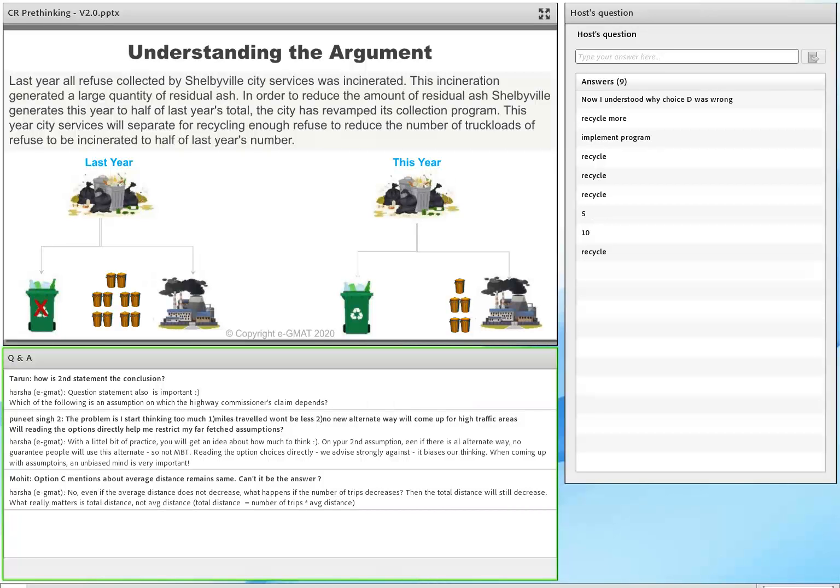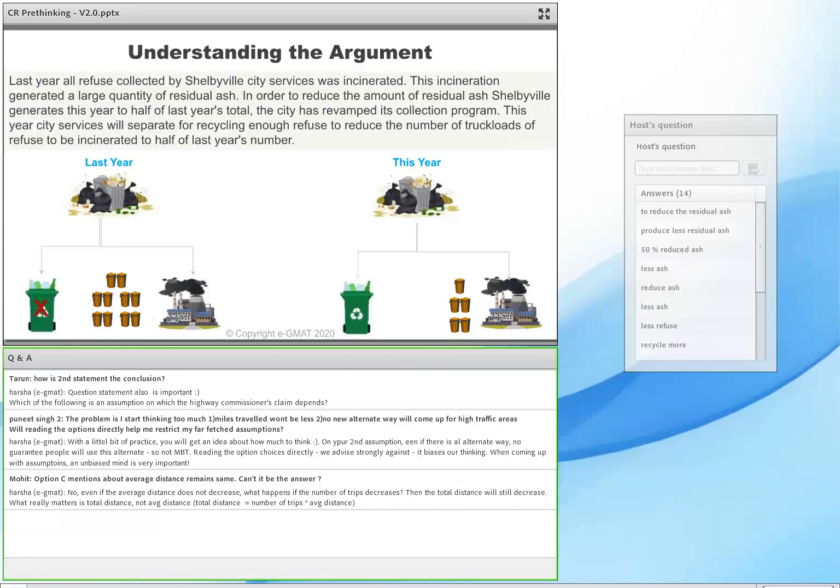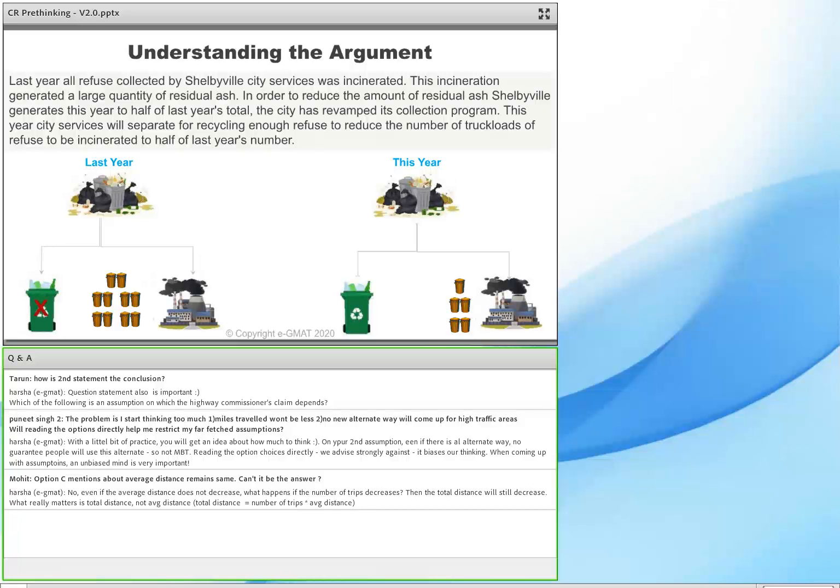What are we trying to achieve here? We're trying to produce less residual ash. How much less? Half less, 50% less. Okay. Now, here is my question. You have the argument right in front of you, and this is where the beauty of language in this question